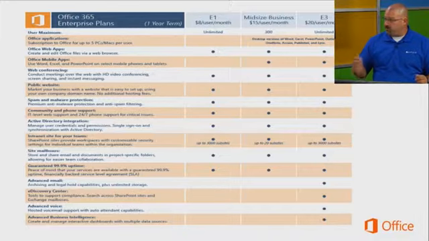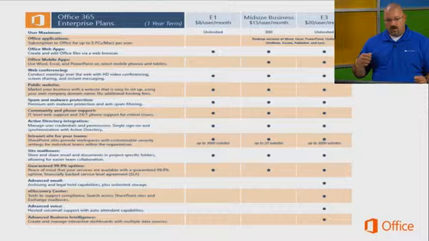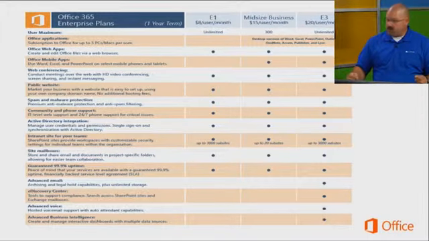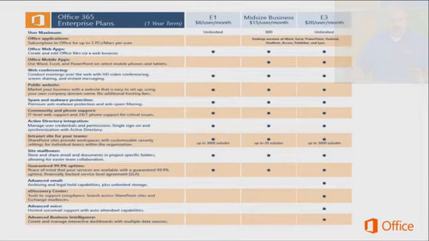So you can purchase it as an annual subscription or monthly subscription. You can purchase it through one of your vendors. Yep. So it's under the Microsoft Open licensing. So it's a very all-around plan, right? But it's limited at 300 users.